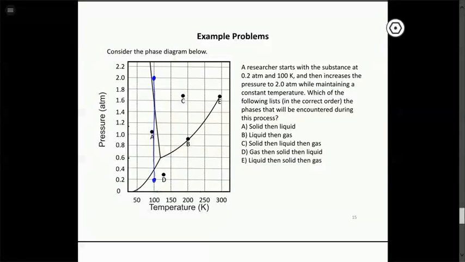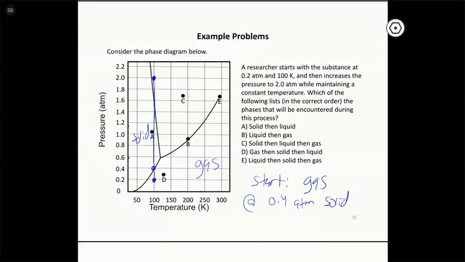So we're starting down here in the gas region. So that's our starting point. This initial point down here is in the gas region of our diagram. When we go to this point here at 0.4 atmospheres, then we're going to get to the solid. Remember that 100 Kelvin is a sublimation point. So at 0.4 atmospheres, we cross over into the solid region. That's this region here. So then we travel through the solid region of our diagram, and up here at about 1.6 atmospheres,